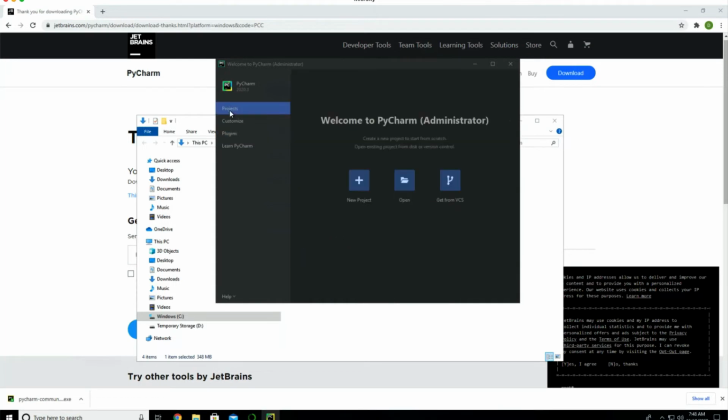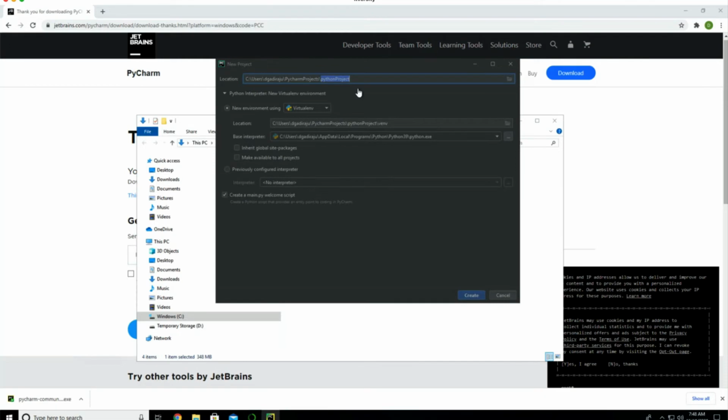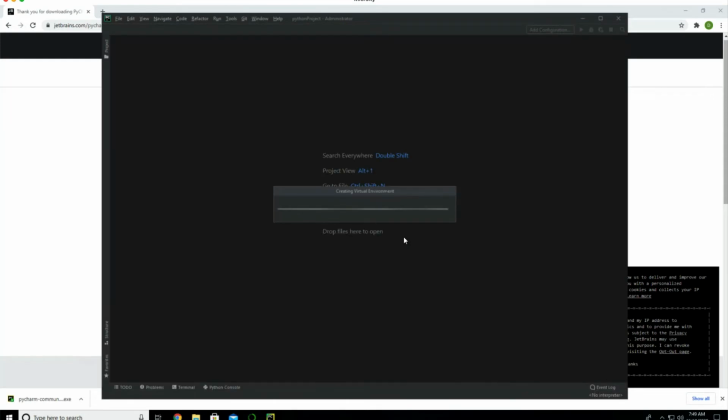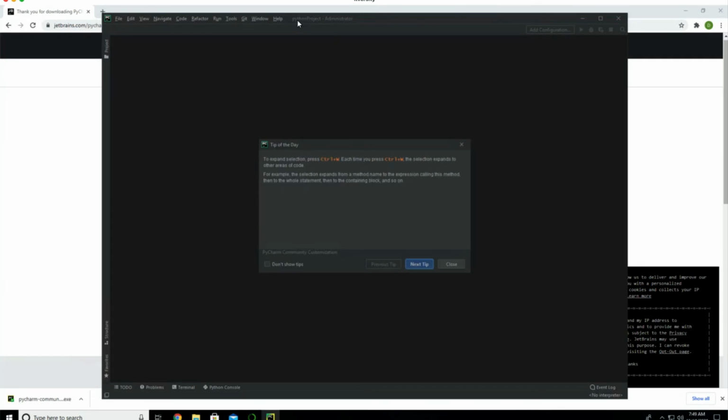To get started with the project, you can go to Projects, click on New Project, and then give the project name. Let's leave it as PythonProject, which is the default. And there is a concept of virtual environments when it comes to Python based application development. We'll talk about that at a later point in time. For now, don't worry too much about it. Leave the defaults and then just say Create. It will take care of creating a project for you with the name PythonProject. You can see the name here.